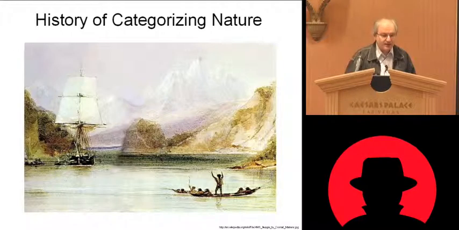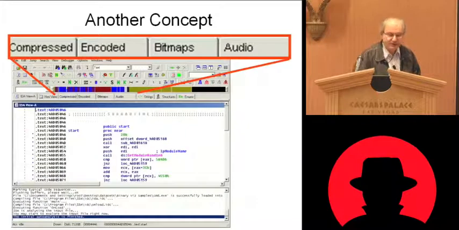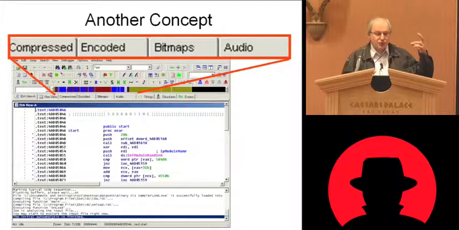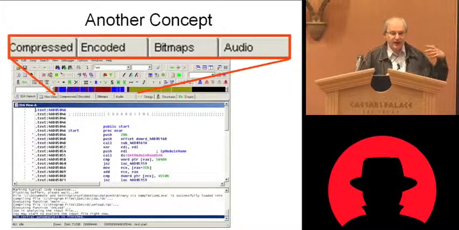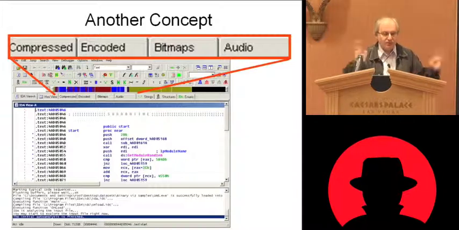But most of the time, you want to know what the hell it is that you're looking at. Is that a compressed stretch of bytes? Is that something that might be media? Is that something that's likely to be code? So one of the great things about IDA is that it's interactive, right? You get some heuristics to try to guess what a segment is, and then if you didn't guess right, you can annotate it as code, and you will have a disassembler run over it and do the smart thing. But wouldn't it be nice if you could say, here is something that I think is compressed with, oh, gzip or with, oh